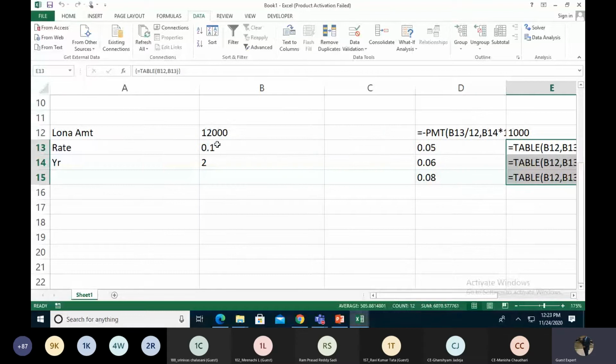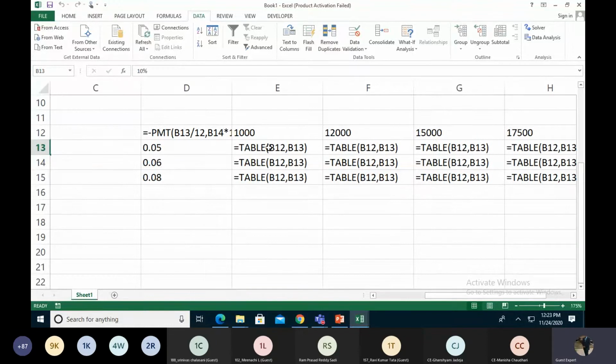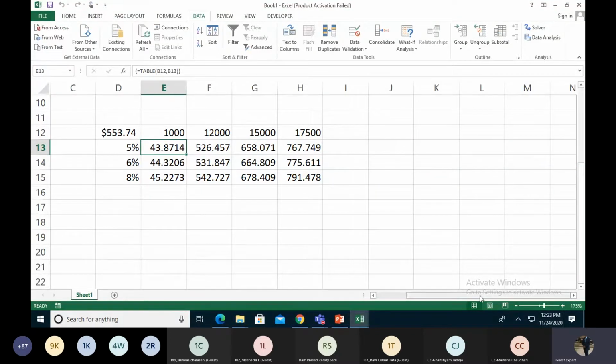So they depend on these two values, and they are getting the data from this PMT formula. In B12 and B13, they're putting the 10,000 and 0.05% value, but within a fraction of a second we're getting all the data over here. So that is a data table.